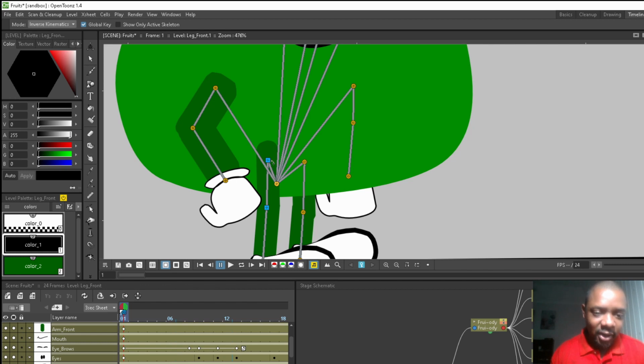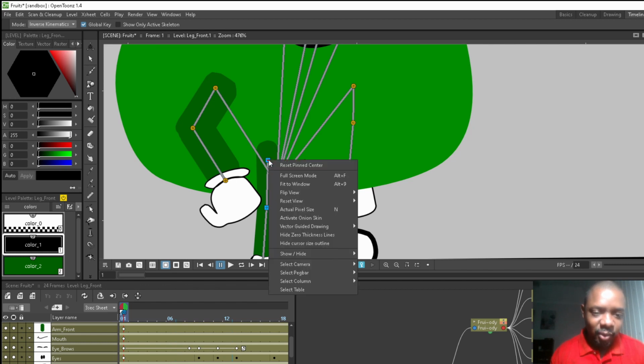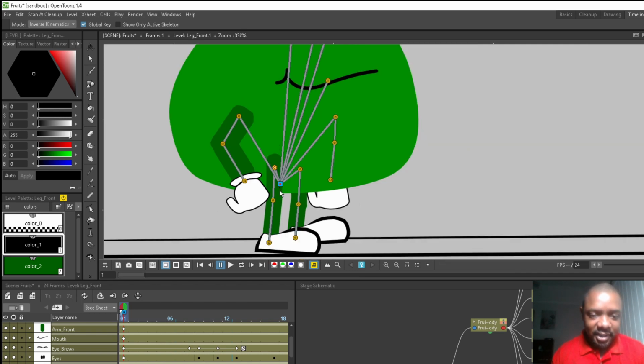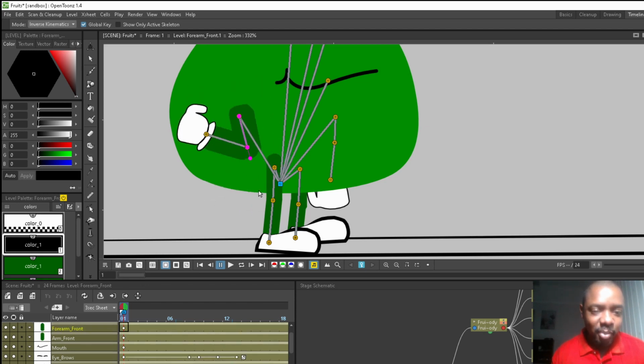So what I discovered was if I right click and click reset pin center, it sets the anchor point to the middle, which is where it should be. That's where everything is coming from, so that's where everything should be anchored to. So now that I've set the pin to this, I can now click on any of these body parts and move them. Let's go again. So you see me moving the forearm, and remember, with inverse kinematics,